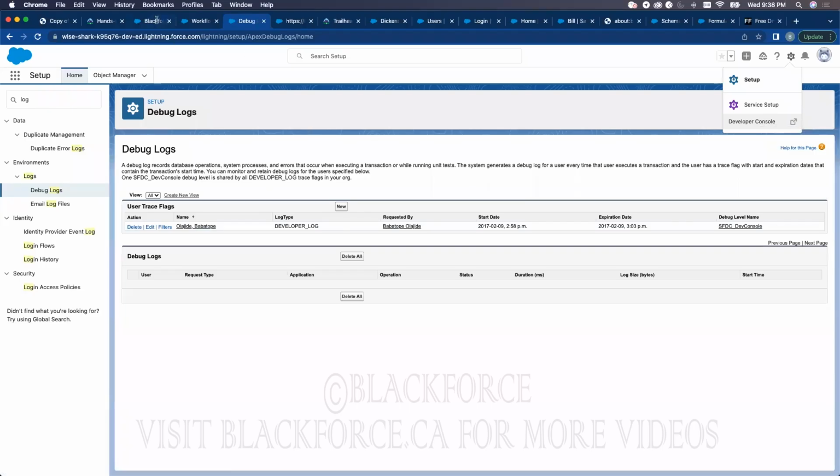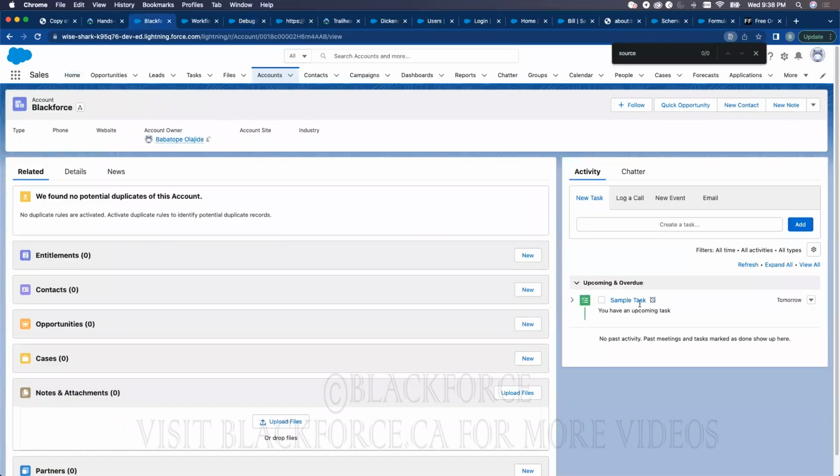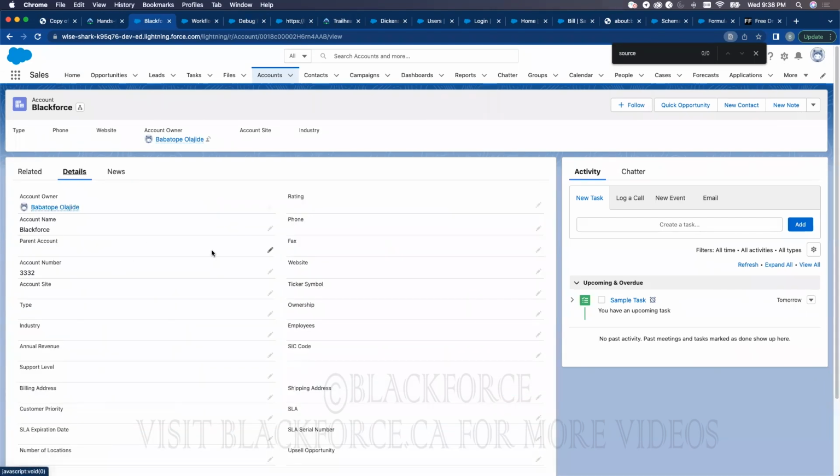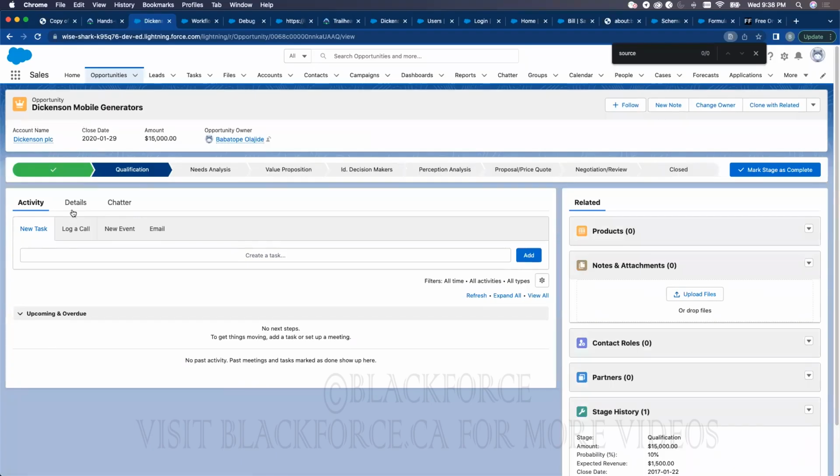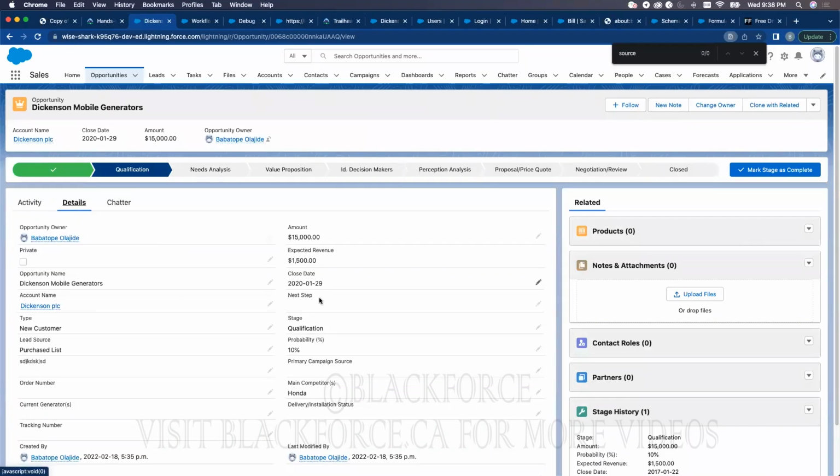So now that we have that, you will see that the task was also created, right? The sample task for the workflow we've just built, okay? That's a simple workflow for you. But there's more to workflow than just creating tasks and sending outbound messages. There's also updating a field. For instance, when you create a new lead or when you create a new opportunity, you want to have a due date for a particular time for closing this opportunity,